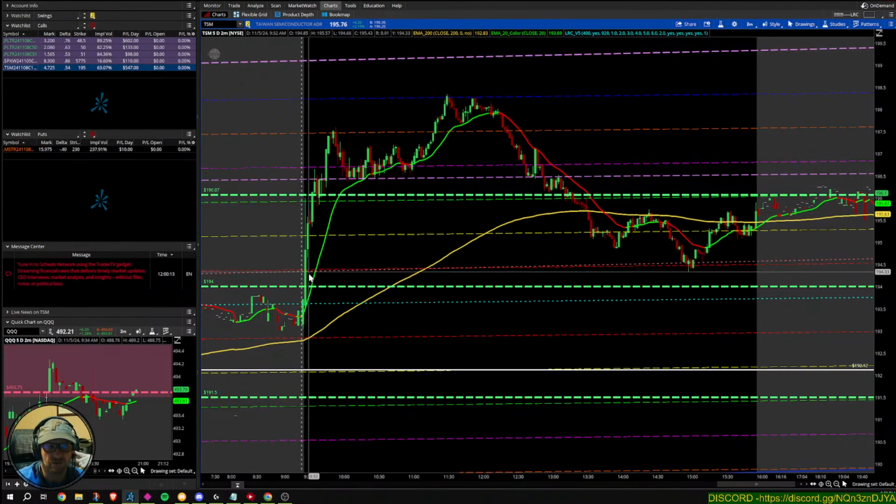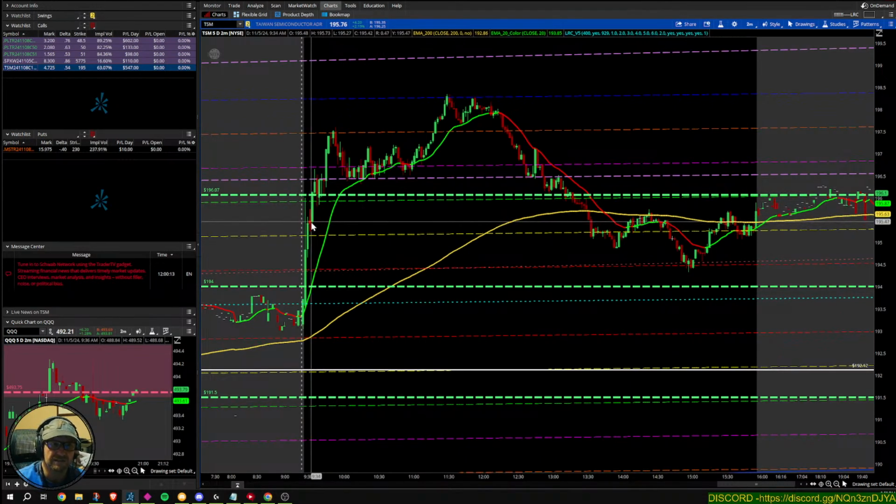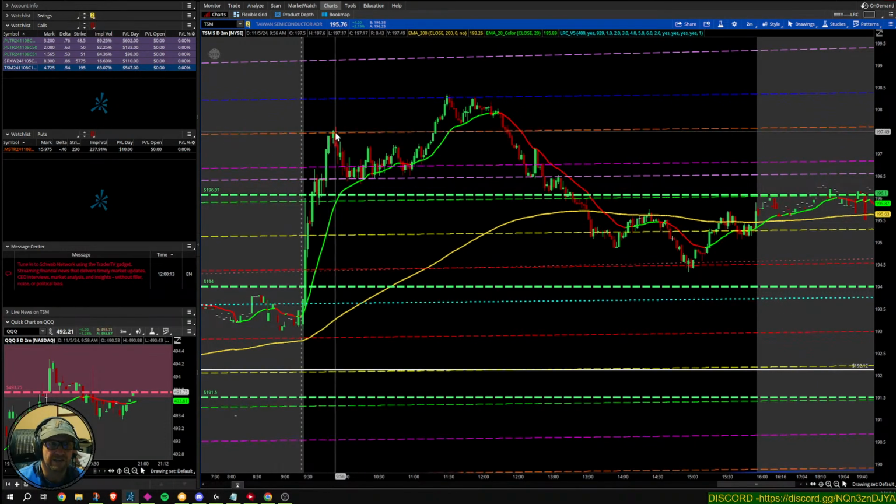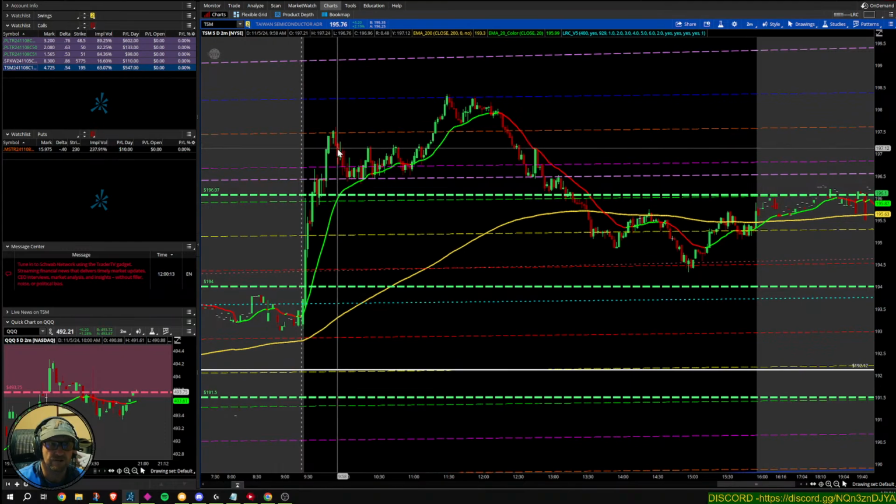I held it. I wasn't going to FOMO out. I realized this was looking really strong. Had this candle up, had a little hesitation here. This is where I took the first profit, I believe, earlier at 936. Went up, went up, went up, took profit again, took profit at the very, very top, and then I exited on this candle right here.